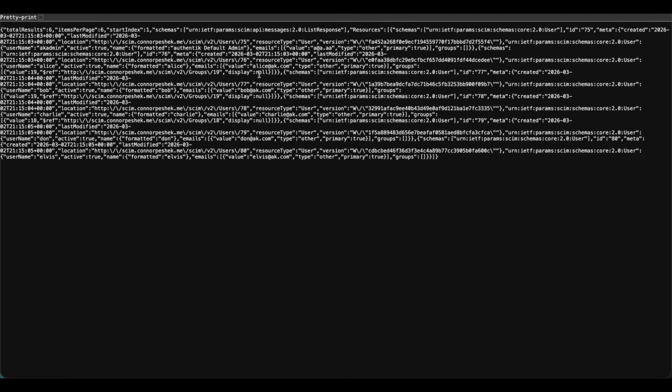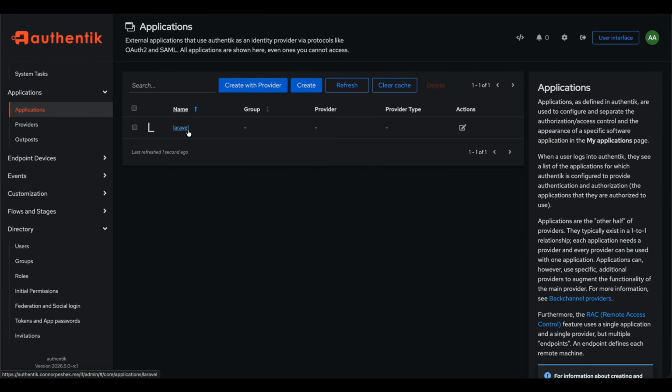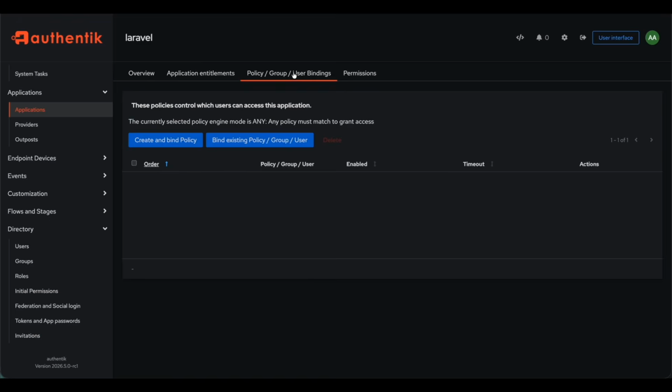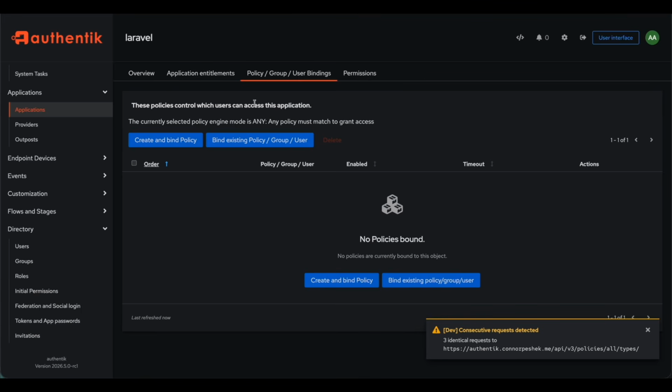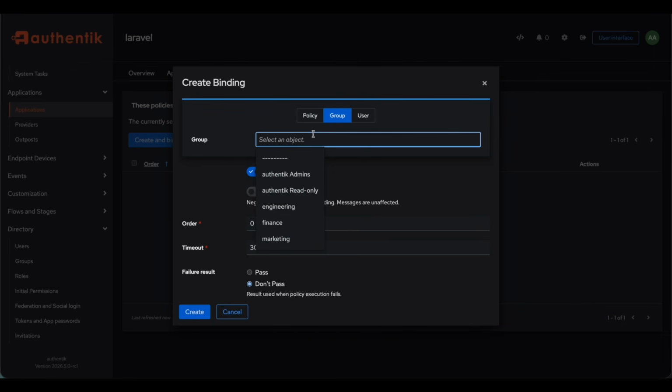So we have also added a way to filter out which users are synced, but this works through setting a binding on the application. So let me show you how that works. I'm going to come to the application, go to our bindings, and I'm going to bind an existing policy user group, right? And I'm actually going to set marketing